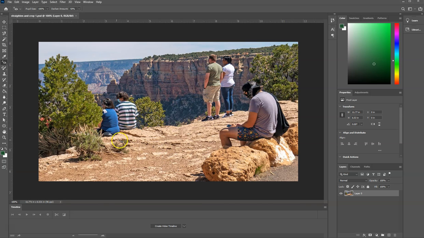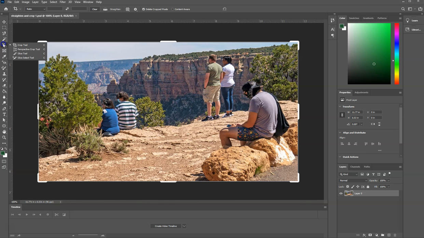If you take a look at this, you can see obviously the edge of the Grand Canyon over there in the distance seems a little slanted. So it looks like this person took the photo a little bit crooked. These people look like they were standing upright, but you can tell from the horizon that it looks a little crooked. So in Photoshop, to accomplish the task of straightening an image, you have to go to the crop